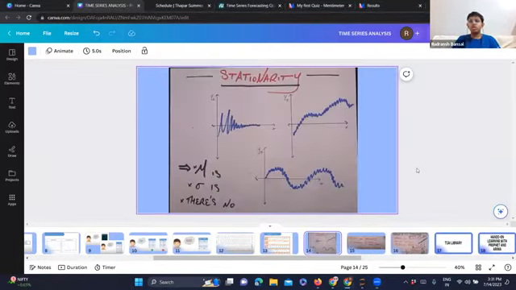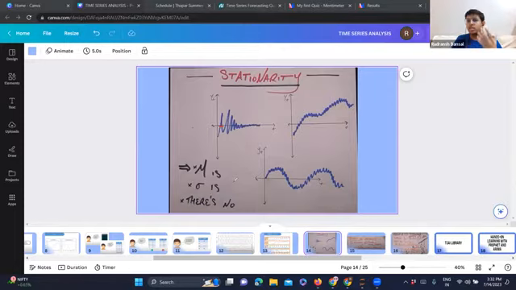Now, after talking about those components of trend, seasonality, and noise, we have one more component, which is stationarity. There are certain models in time series, we'll come to those models, don't worry, which require that your data should be stationary. What stationary means is, let's see these three examples which we have over here. As you can see, suppose this is the mean line. There is high standard deviation in this first graph. The standard deviation is quite high.